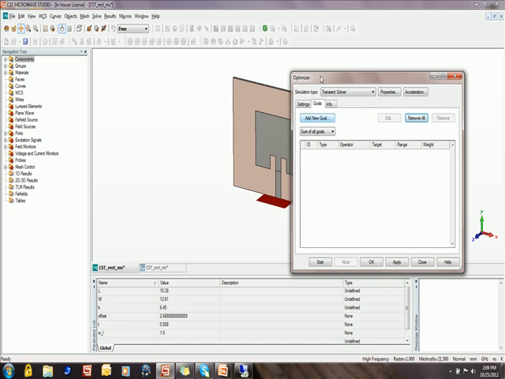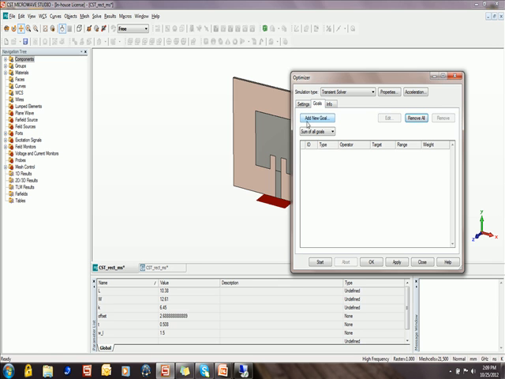Then go to goals. So in goals, first you need to extract a post-processing template, and then you need to define some conditions on that post-processing template. So for this example, suppose I want to optimize length and width of an antenna for S11 value to be less than -20 dB from 9.1 GHz to 9.2 GHz.